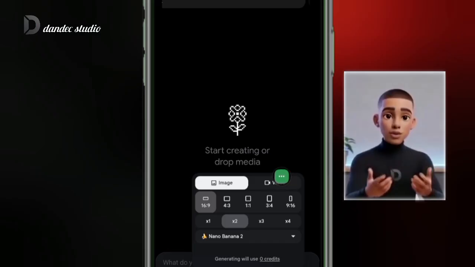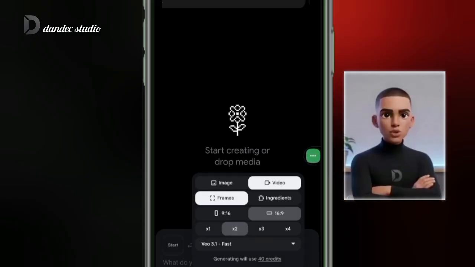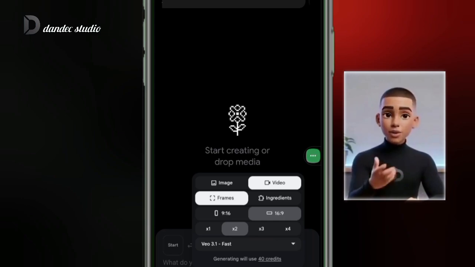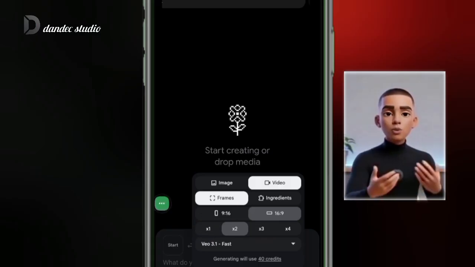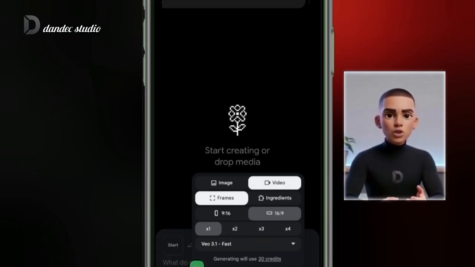the mode to video. So when you change the mode to video, you then need to leave it as frames to video, and if you check out here, it's going to generate 2 videos per prompt. So I will leave it as 1 so it takes less credit, but it may not give you exactly what you want, so you need to retry it and make sure you leave it as frames because it will start